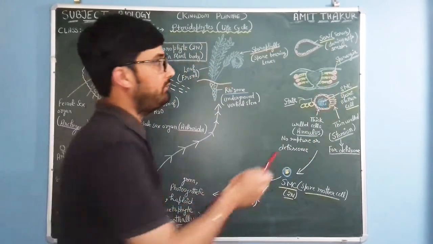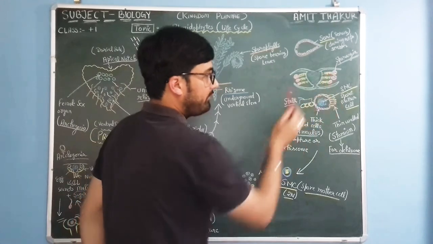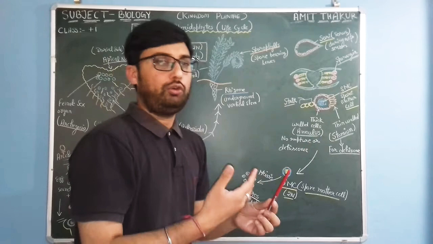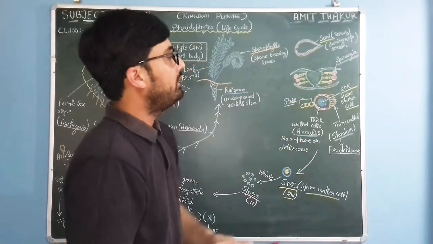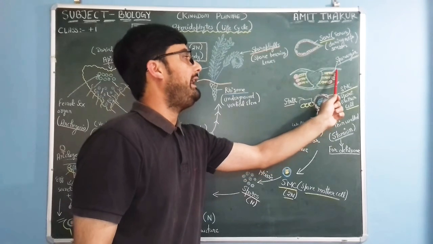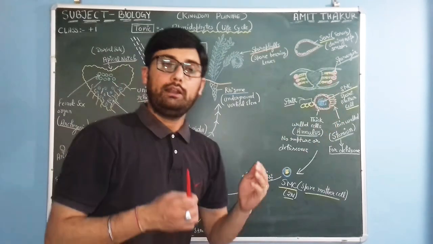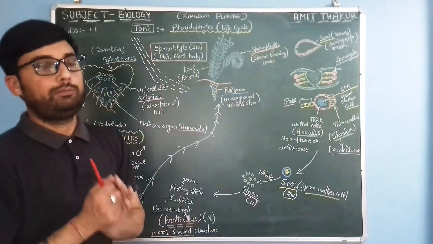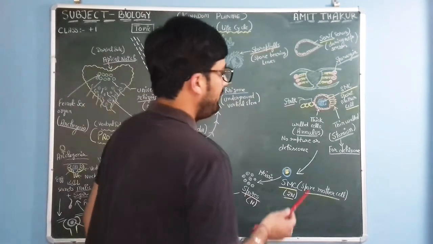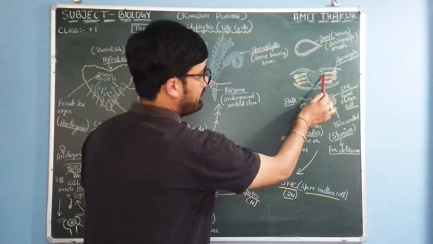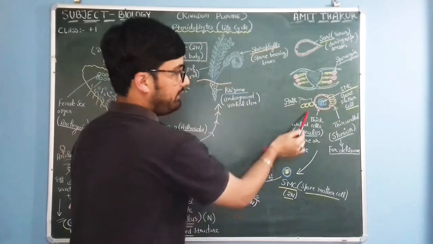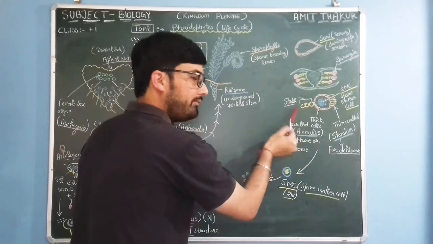Sporangia is attached with the stalk, okay, and there could be many sporangia present in a leaf, and inside this sporangia, inside this sac-like structure, development of spore mother cell takes place. So here you can see this structure, stalk and sporangia. Here you can see this structure. This is stalk, okay,